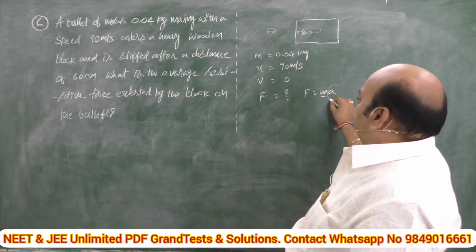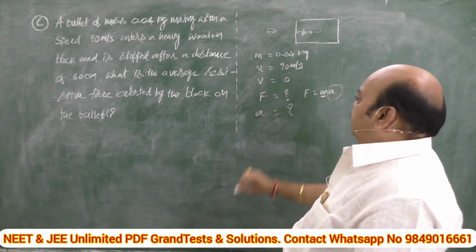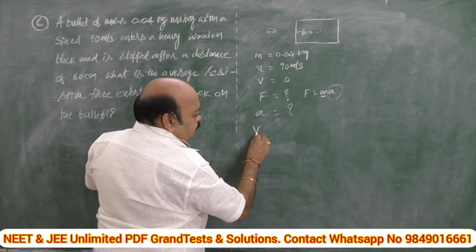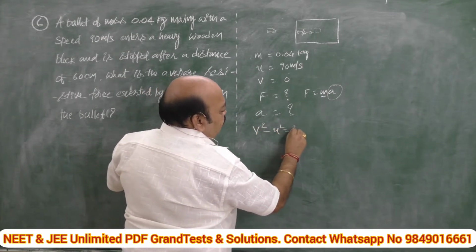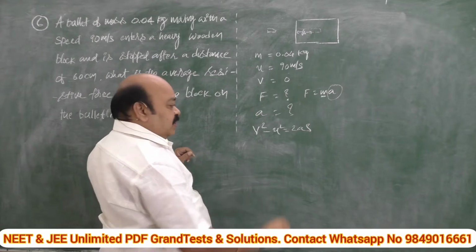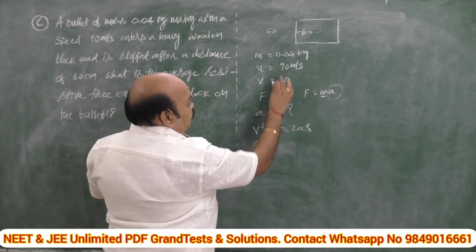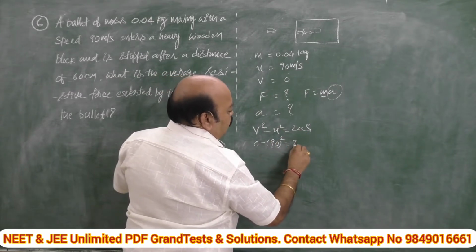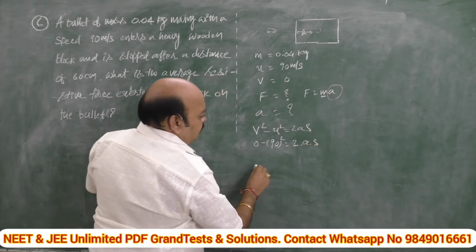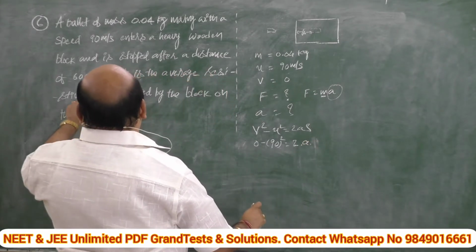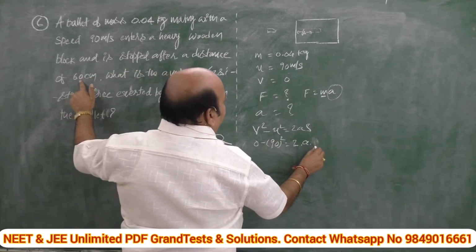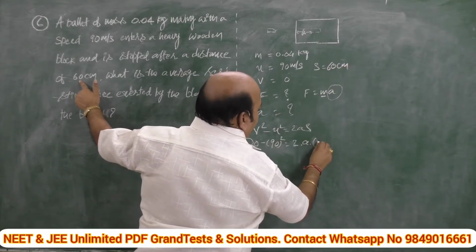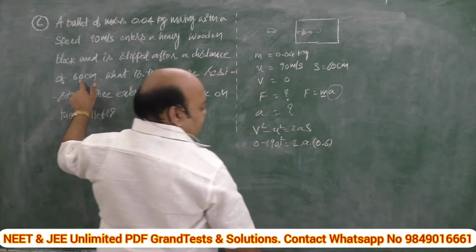Since we have mass already, we have to calculate the acceleration. So indirectly, what is the acceleration of this system? We have, from simple kinematics, v square minus u square is equal to 2as. Here v is 0 minus u square, u means 90 square, is equal to 2 into a into s. What is the distance travelled? We can substitute its value also. Be careful, here it is 60 centimeter. S is equal to 60 centimeter, which is nothing but 0.6 meters.